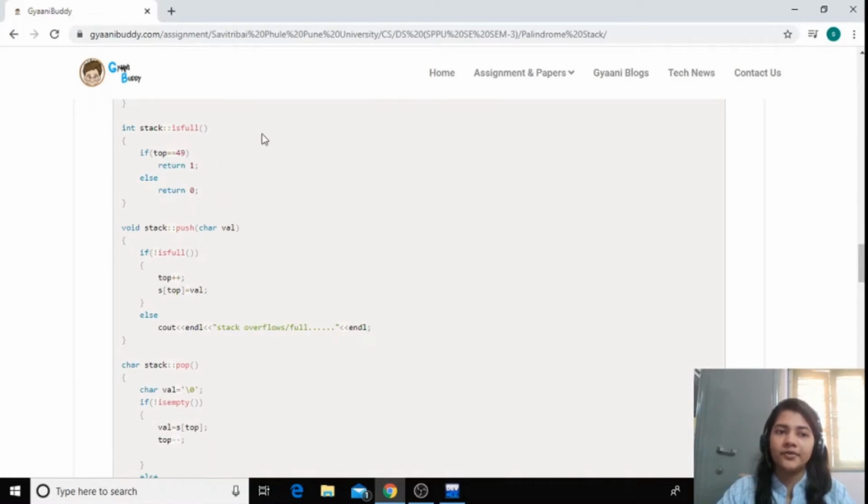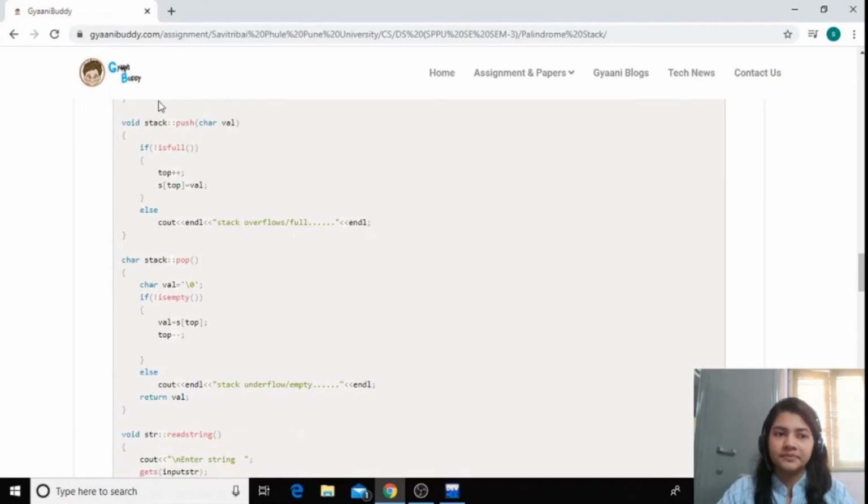So as we have defined the maximum size of the stack as 50, I am saying here, if top equals size of stack - 1, as I have discussed, so 50 - 1 is 49. So if top equals 49, then the isFull function will return 1, as the stack is full, we can't accommodate a single element after it in the stack, okay, else it will return 0, okay.